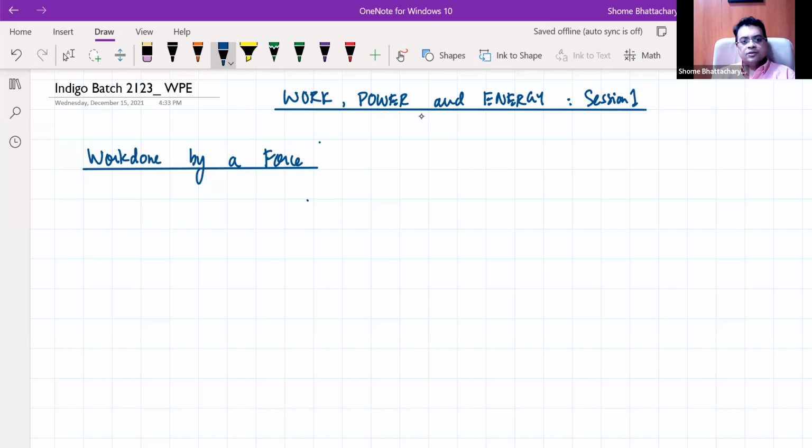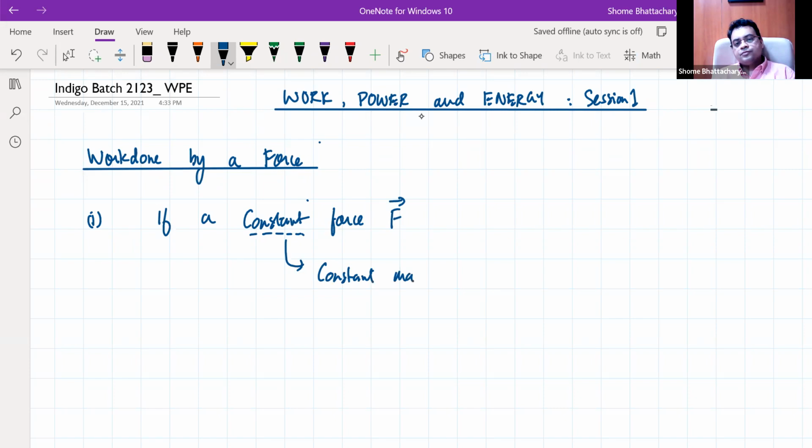The first scenario in which we'll discuss it is a constant force. By constant force, what do we mean? A force which is of constant magnitude and fixed direction. So neither the direction should be changing nor the magnitude should be variable. If such a force acts at a point,